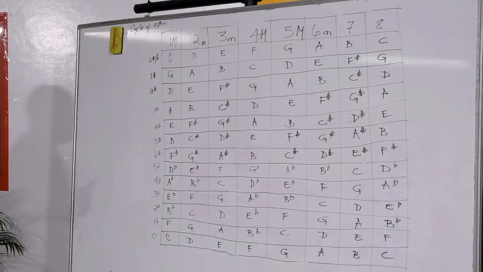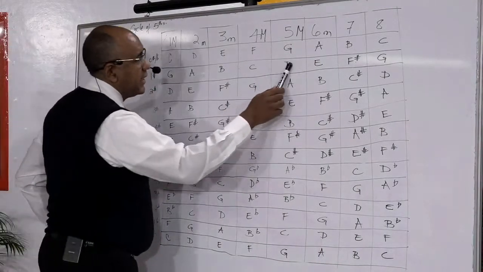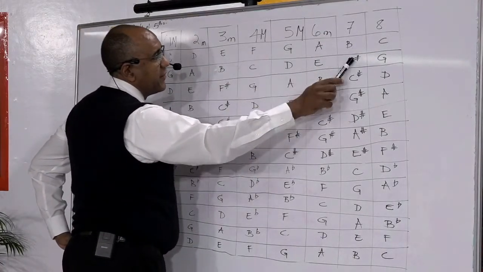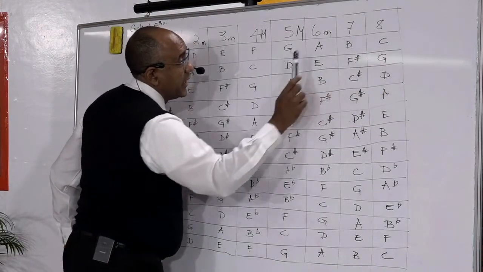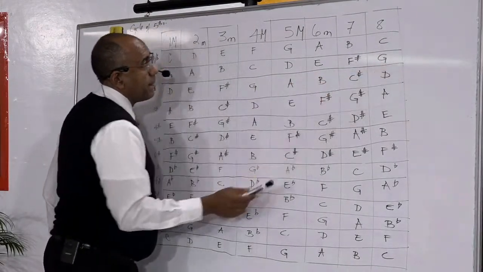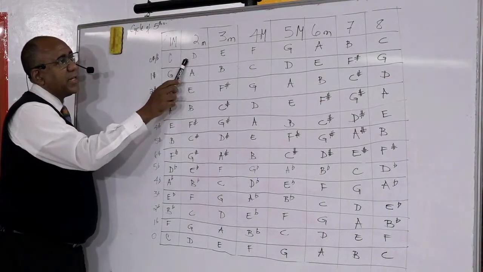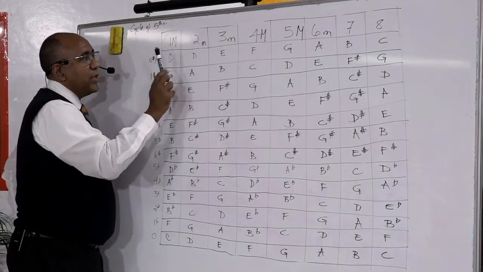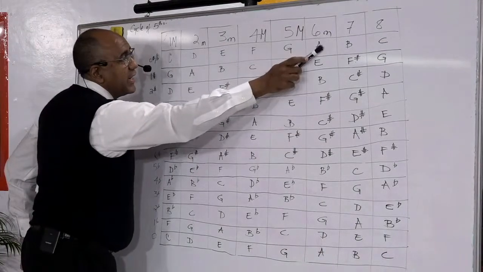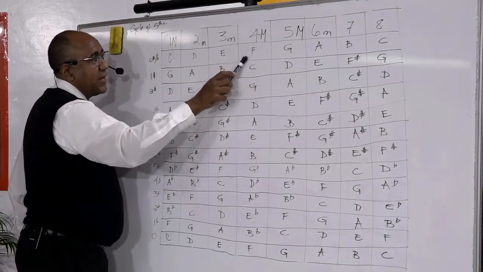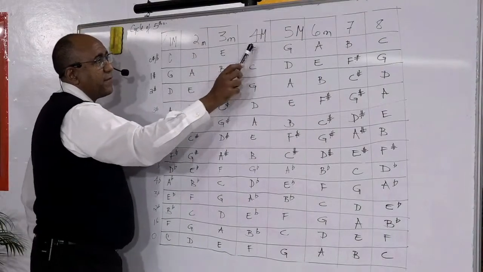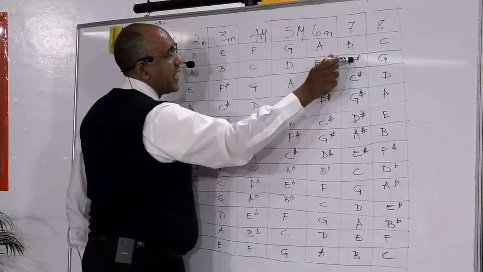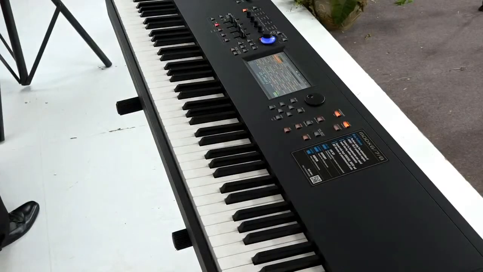In the key of G, D is a major chord, as we see here. So we have D, F sharp, and we skip G and go to A. D, F sharp, and A. Let's look at D in the key of C. It's a minor chord. Very good. Now, when you look at it, it's D, F, and A. So the difference is that note in the middle. D, F, and A will give you the D minor, while D, F sharp, and A will give you the